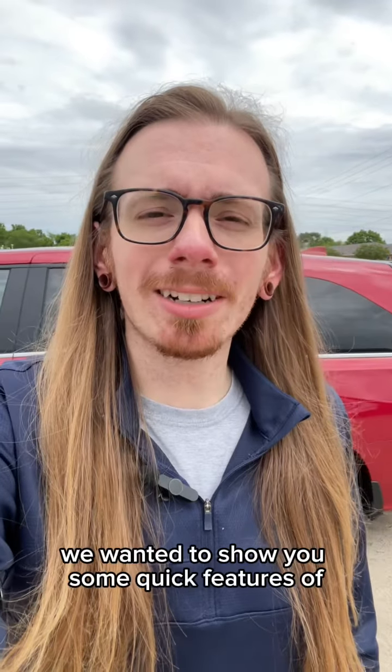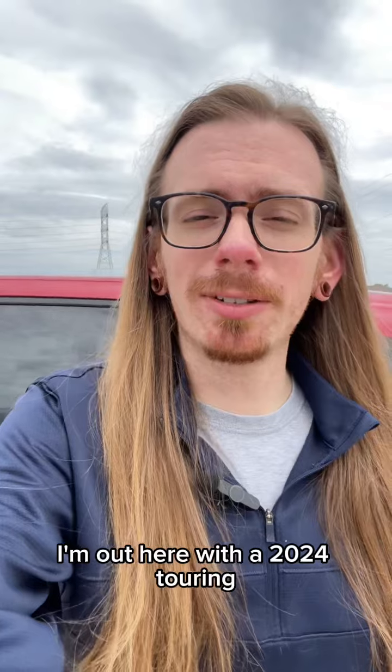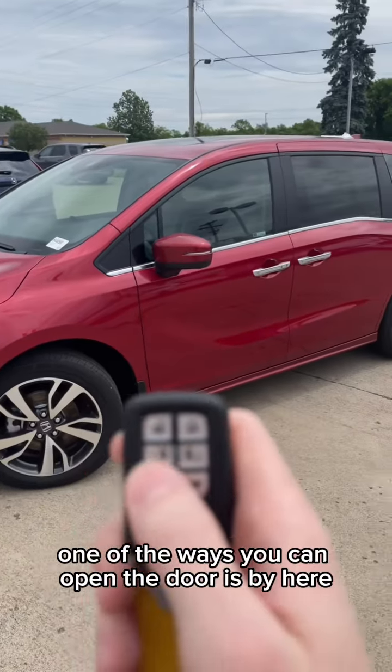Hey, so today we wanted to show you some quick features of the power doors on a new Honda Odyssey. I'm out here with the 2024 Touring. Let's check it out. So one of the ways you can open the door is by using the key